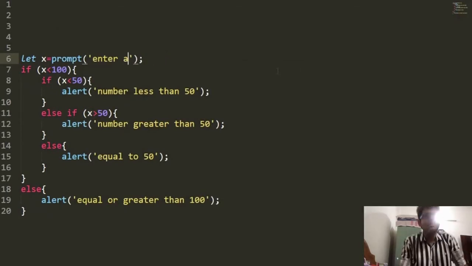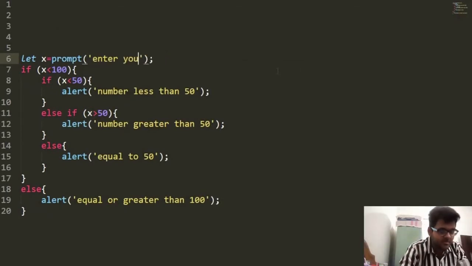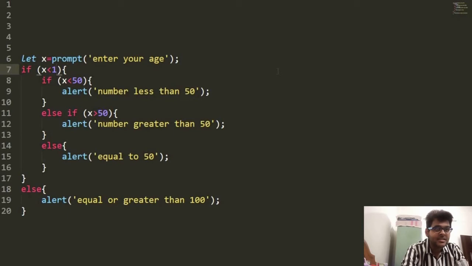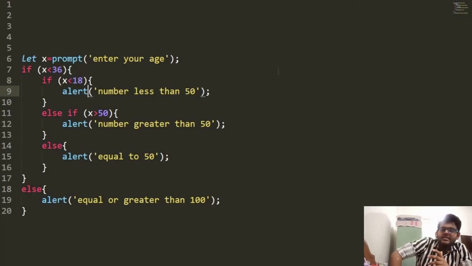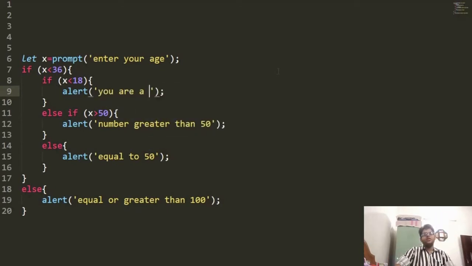Now a second example in which we enter your age. If x is less than 18, then we check with our second condition. If x is less than 18, we say you are a child.